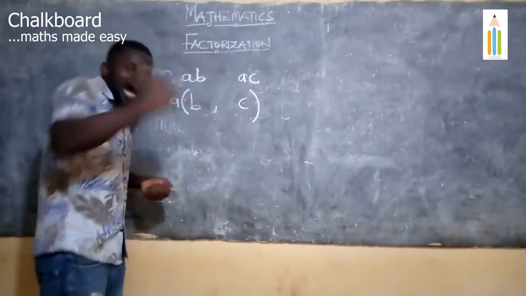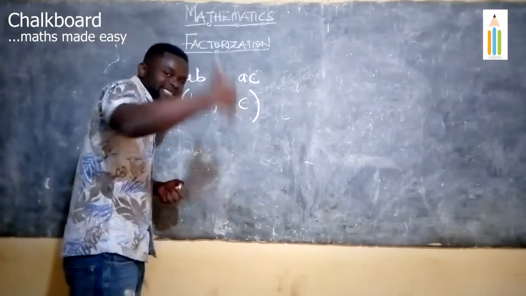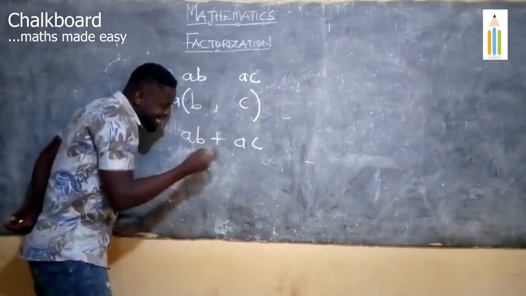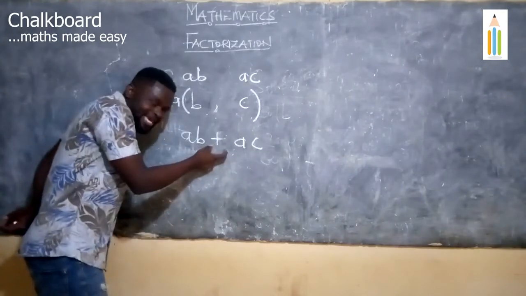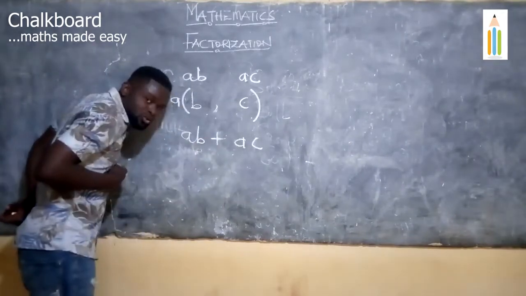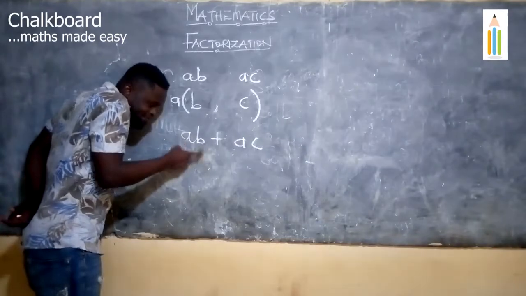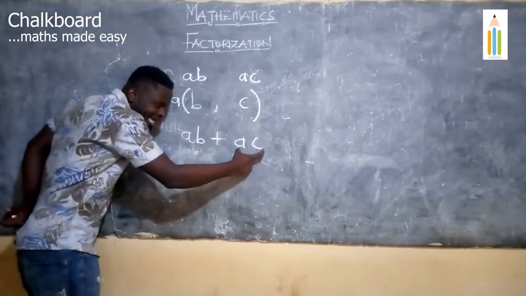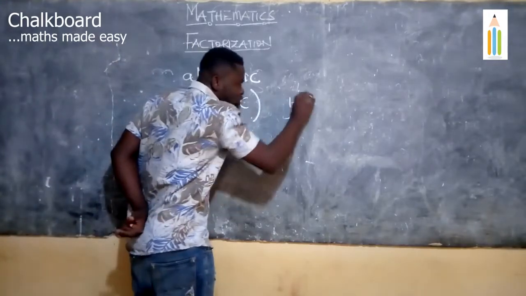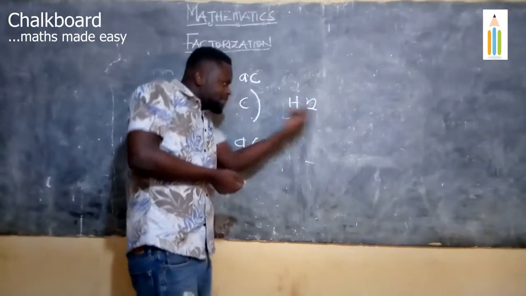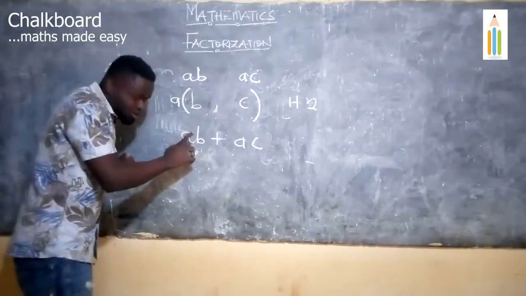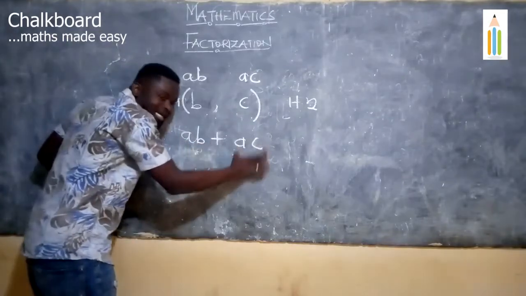Now let's take alphabet with the signs or the symbols we use in math. Now we have AB plus AC, and as I said, we have a sign here, a mathematical symbol. Now let's begin. We want to bring the common ones out, and with this term AB and this term AC. Now in math, if we have 1 plus 2, 1 is a term and 2 is a term. So we have 2 terms here. So if I call this a term, please try not to be confused. So this is a term and this is also another term.